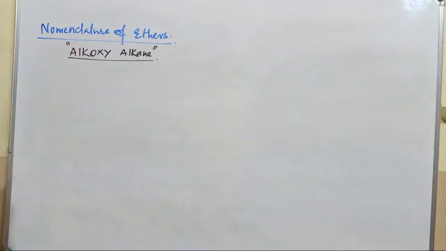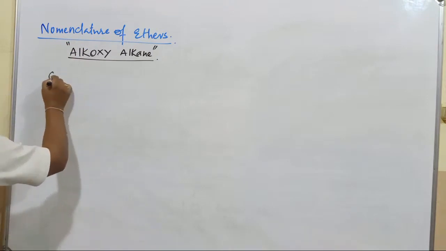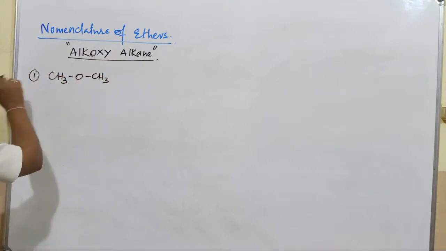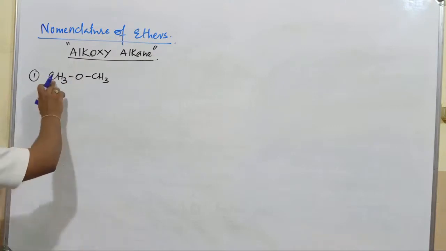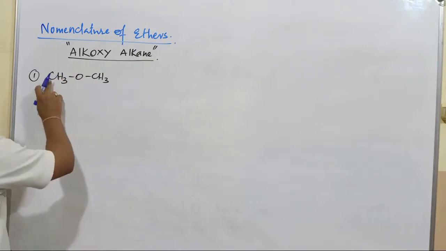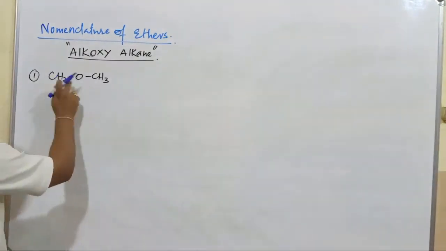Alkoxy alkane refers to, in case of this example, if you consider CH3OCH3. This is the simplest ether compound. It is symmetrical, and it is an aliphatic ether. Now here how many carbon atoms are there totally? There are 2 carbon atoms. But in the longest chain how many carbon atoms? 1, 2 we can take? No, because in between an oxygen atom is there. Either this carbon atom is numbered as 1 or that carbon atom is numbered as 1. It makes no difference because both are the same.